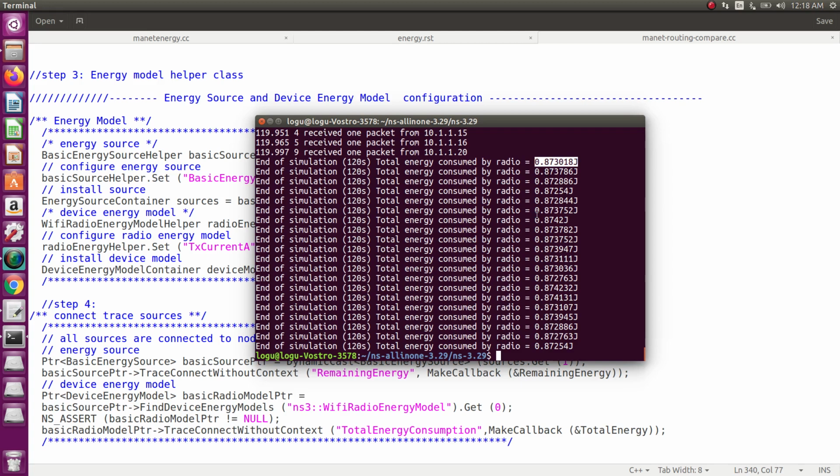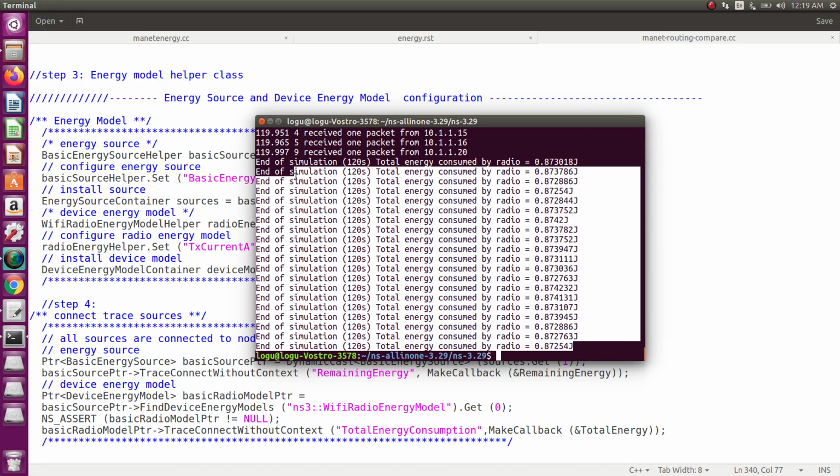Like that, each and every node consumed 0.87878787. After 87, there is no energy in the source. I drained all the energy from the source, each and every node. So the simulation will be stopped, and the result will be given at the end of the simulation.